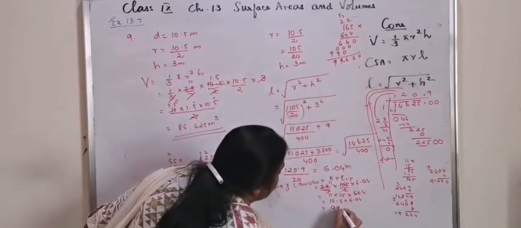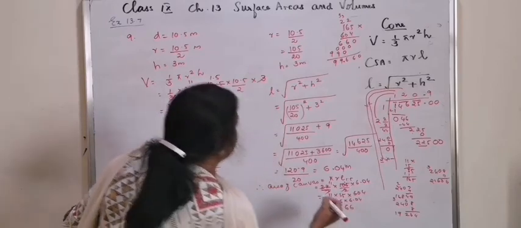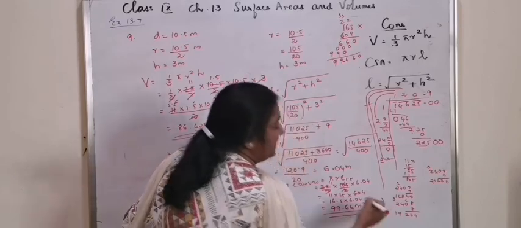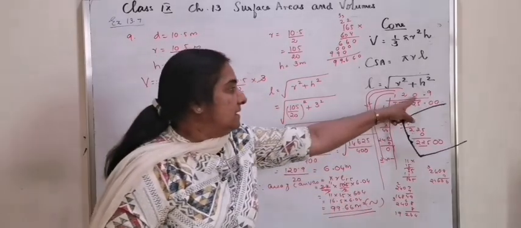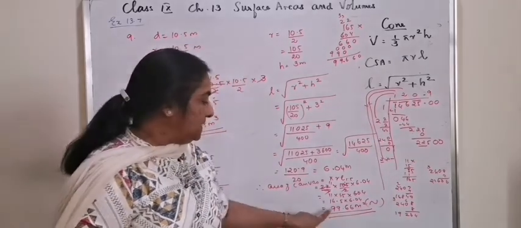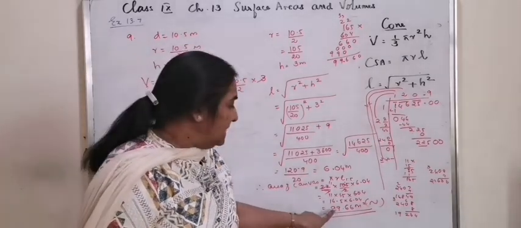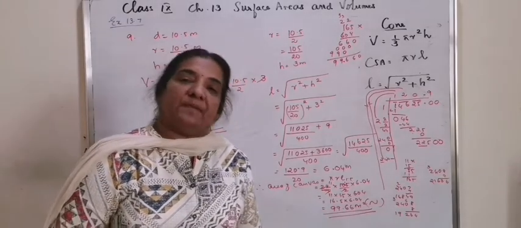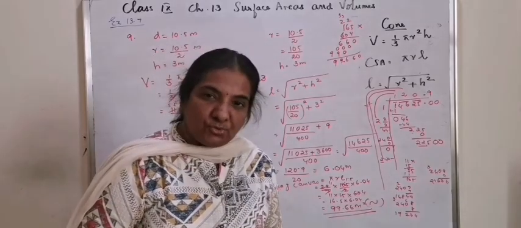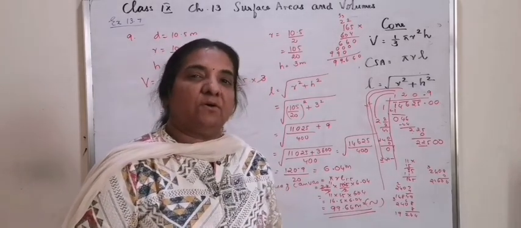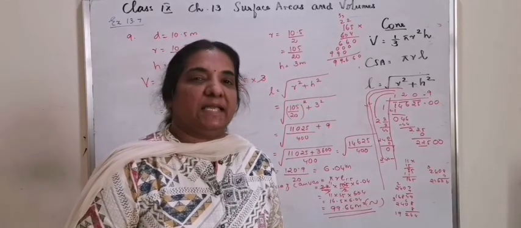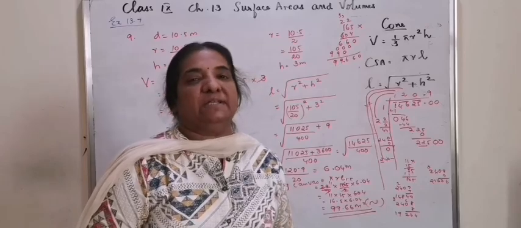That means it is 99.66 meters square approximately. It's an approximate measure because the square root is again an extending decimal. So it is an approximate answer. That means the area of canvas required is 99.66 meters square. Thus the questions related to cone are also over. You can practice all the formulas together and then work out the problems. Once again, please try to do the worked out examples also.